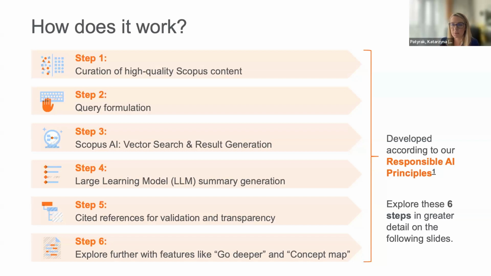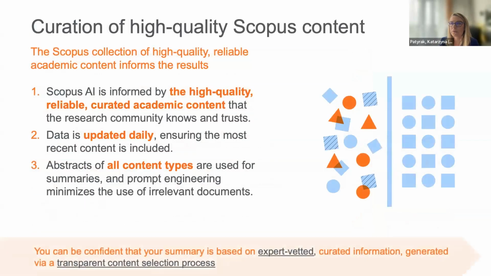So in the next few slides, we will go over each of these steps in detail, and I hope that this will clearly explain the way that Scopus AI works. So, curation of high quality Scopus content. Scopus AI's results are based on the high quality, reliable research in the Scopus collection. And the data is updated there daily, and abstracts of all content types are used in summaries. So with Scopus AI, you can be confident that your summary is based on curated content that has been vetted